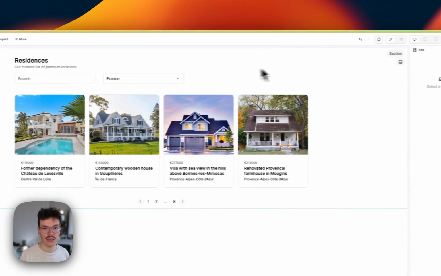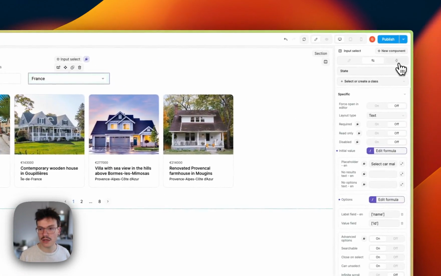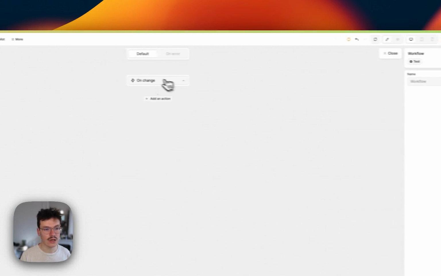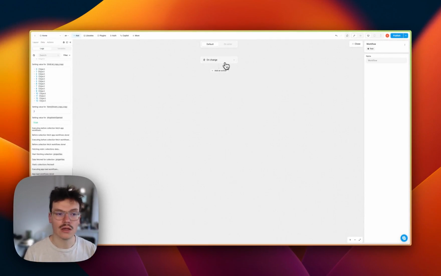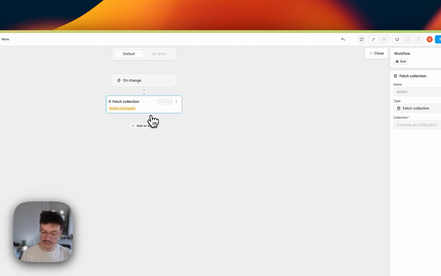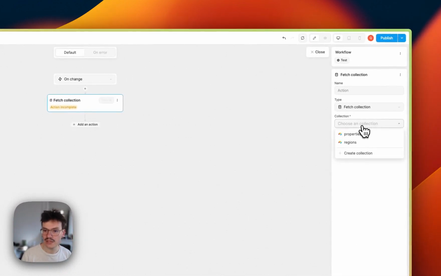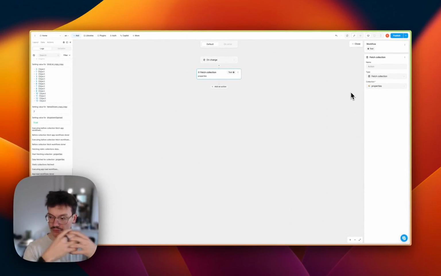But if you remember well, if I go back on my layout and I go on the input select, I can create a workflow on change. So it will happen every time the user selects a new value in the dropdown. And I will do a simple fetch collection like I was doing several videos before for my search bar. And I will select the properties region. So every time the user is changing the dropdown, WeWeb will refetch, like load again the properties collection. But because it's now filtered on the value of the dropdown, it will show only properties